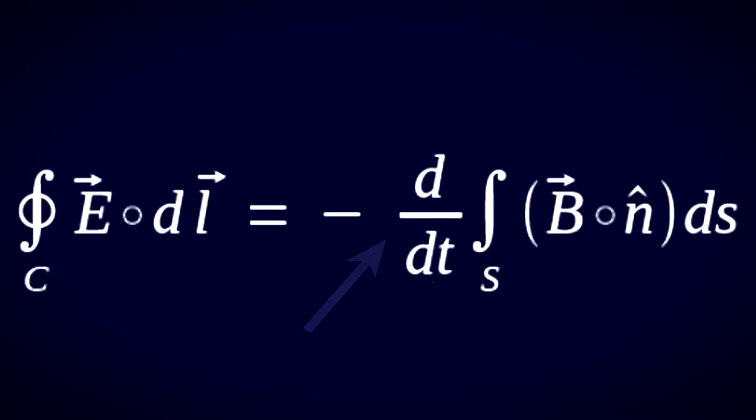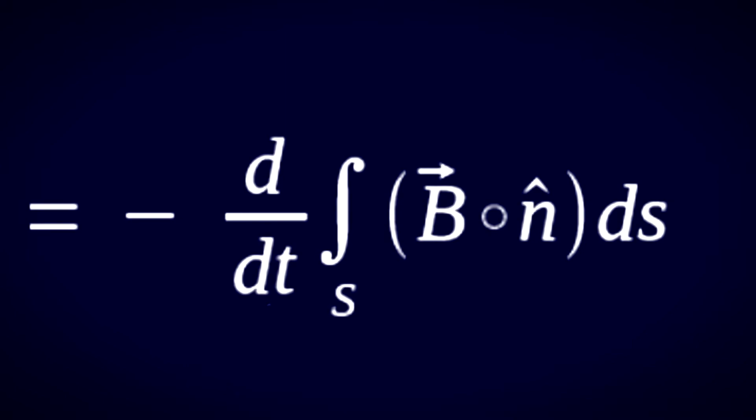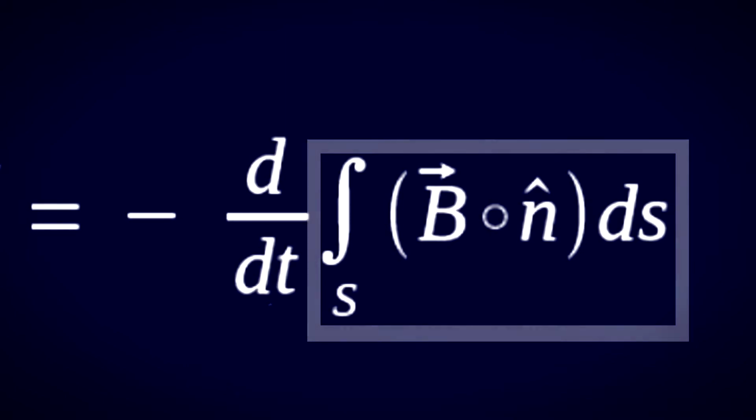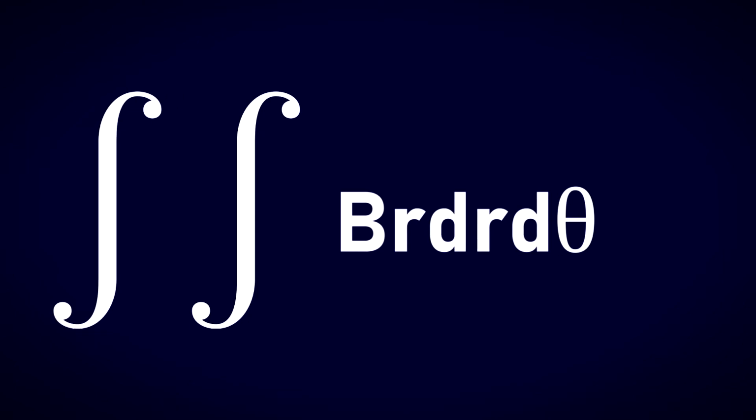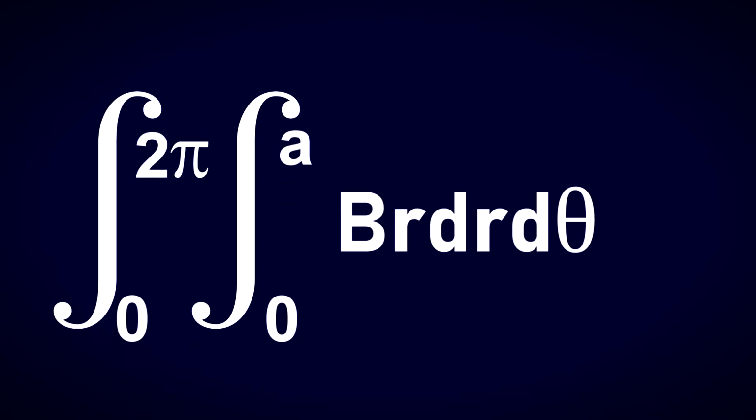A change in magnetic field will induce a current on a closed loop. We can begin to simplify the right side of the equation by calculating magnetic flux. This can be done using a double integral, since magnetic flux measures the magnetic field in a certain area. Using polar coordinates, we can set up an integral that takes the area of the circular region that the magnetic